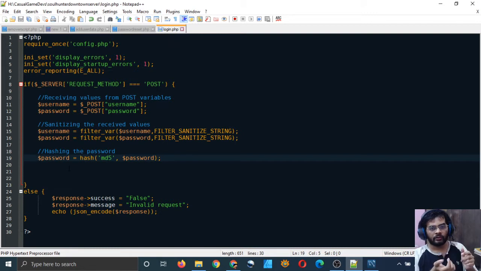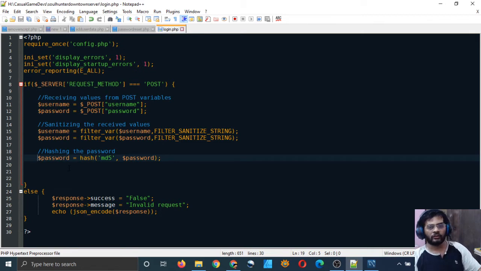And why will this work? This will work because the hash code for one value is always unique. If the user entered, suppose, the password XYZ, then the hash code of XYZ, no matter when you calculate it, will be the same all the time, right? So that's how it will work.